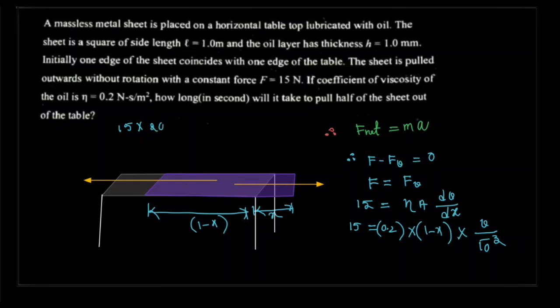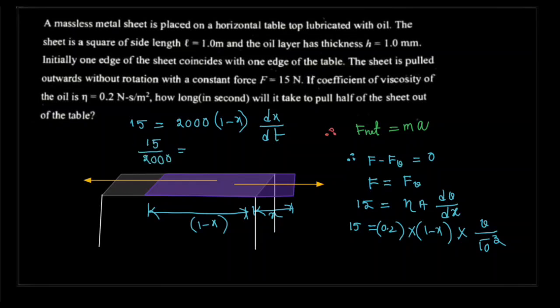So which will be equal to 2000, sorry, my mistake, calculation mistake. 15 is equal to 2000 into (1 minus x) into V. V can be written as dx by dt, right? Therefore you could say this can be written as 15 by